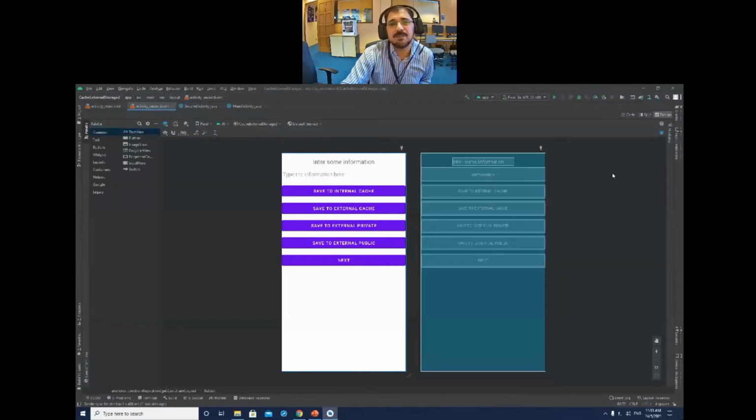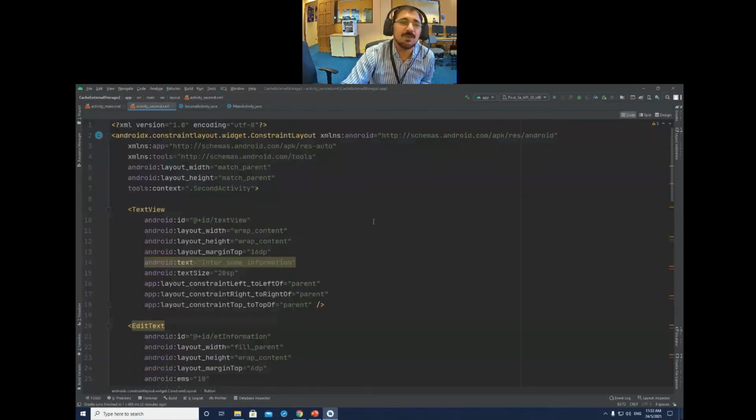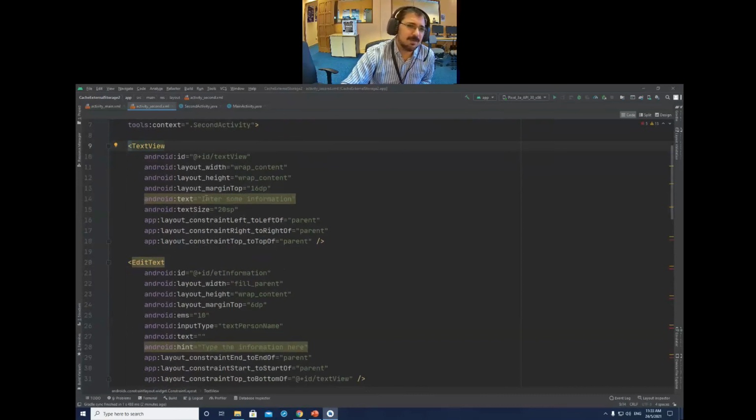If you go to design view, you see everything we got, but we need to change the save to read from. Okay, this should be the same text view. Here I will not type enter some information. The information you entered, yeah, something like that.